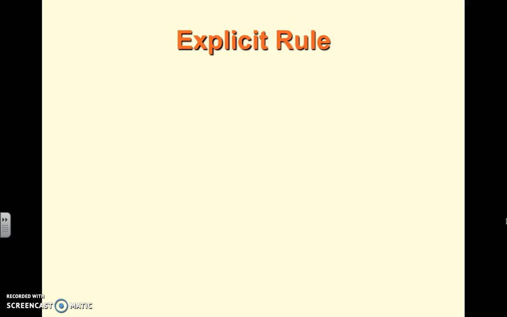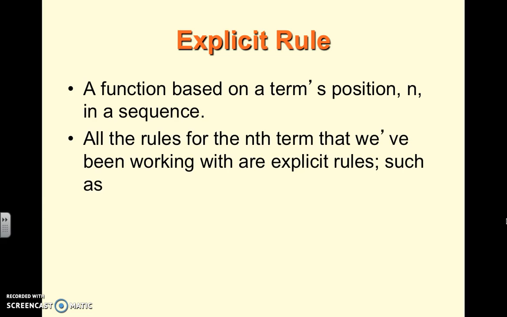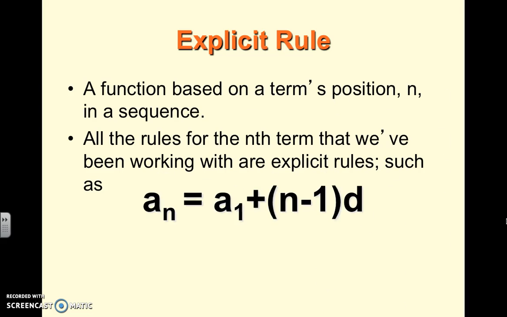Okay, so let's review really quick. The explicit rule is what you learned on the last video and in our last class. An explicit rule is a function based on a term's position, which we call n, in a sequence. All the rules for the nth term that we've been working with are explicit rules, such as,